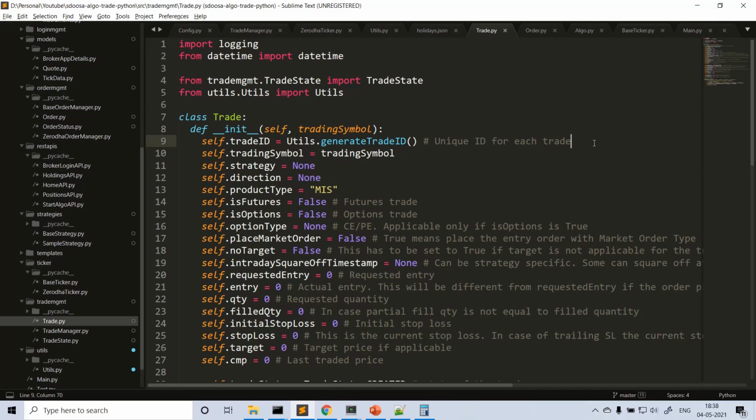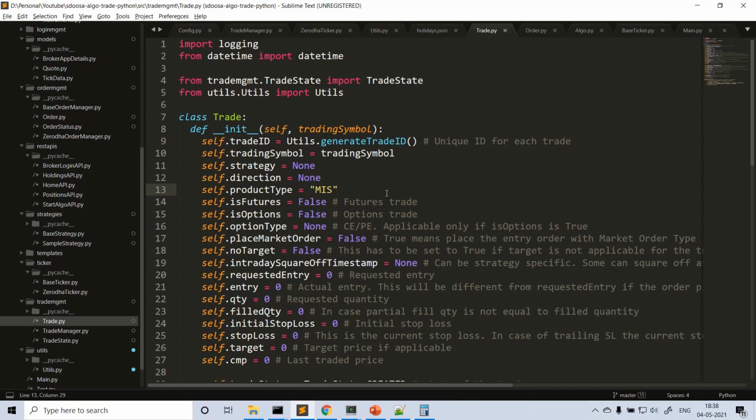If SL or target is hit, then you have to update your trade details with the order details, and update the exit price. What is the exit reason, why was it exited? And your trade state, in which state is it? So these are some parameters we mostly use.